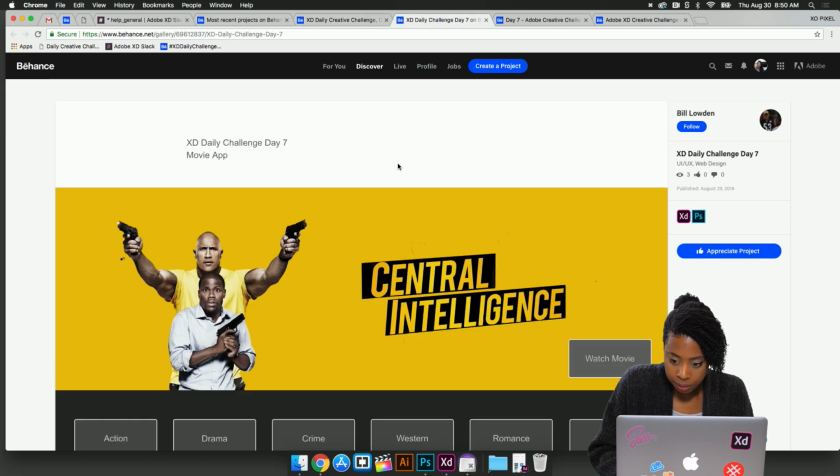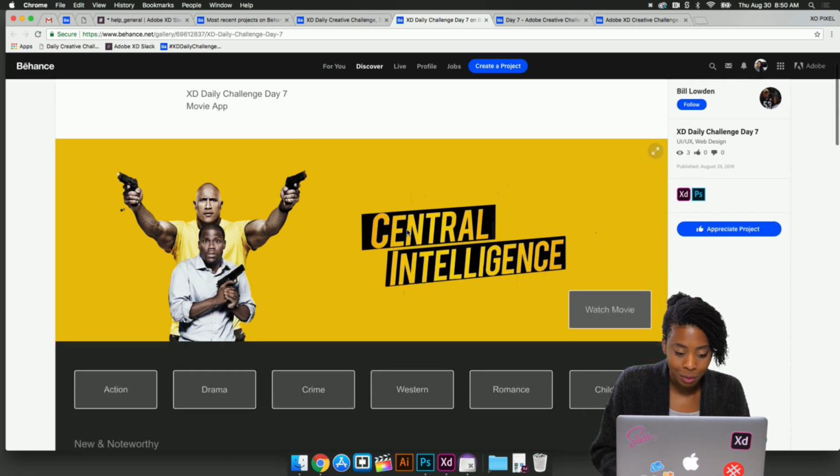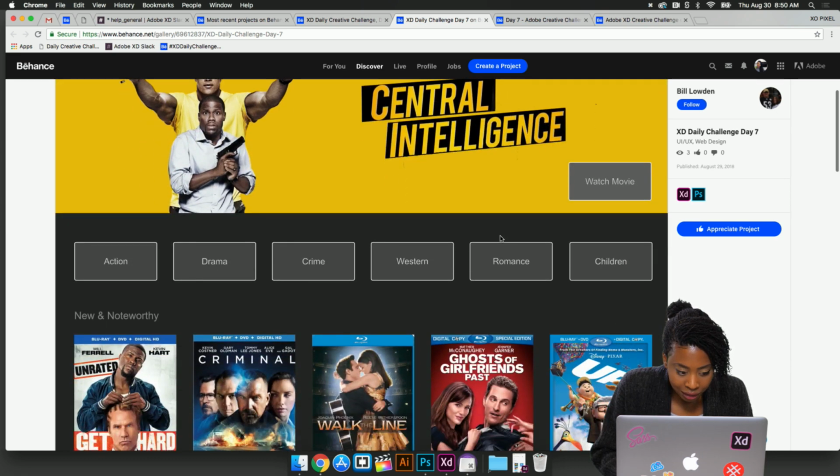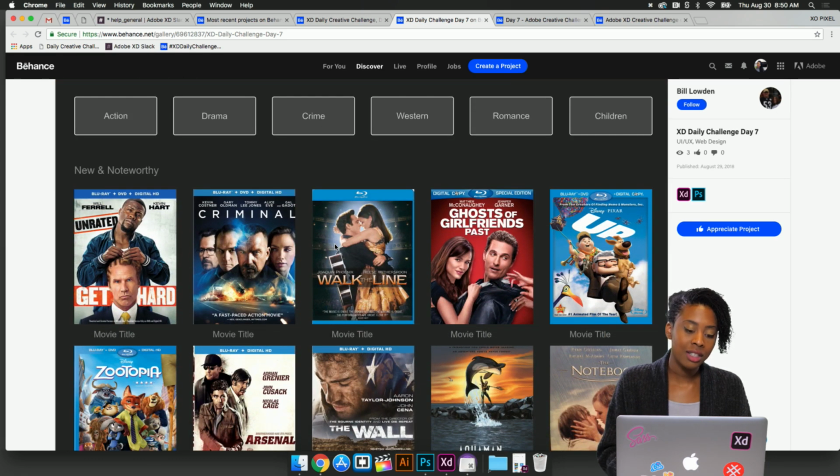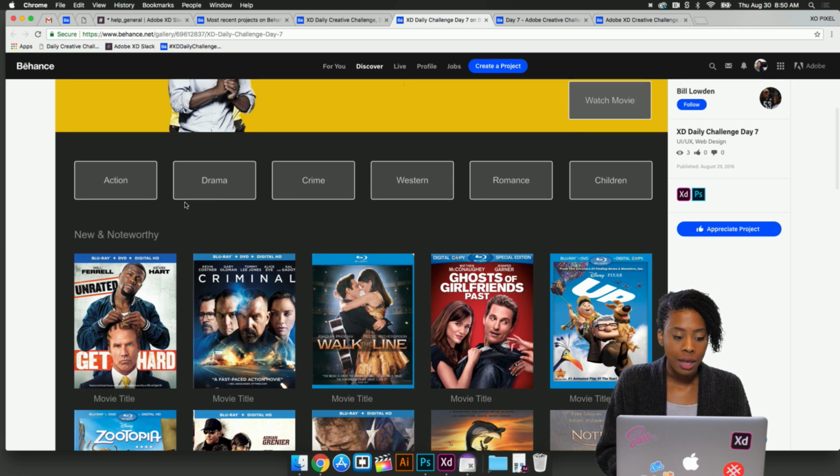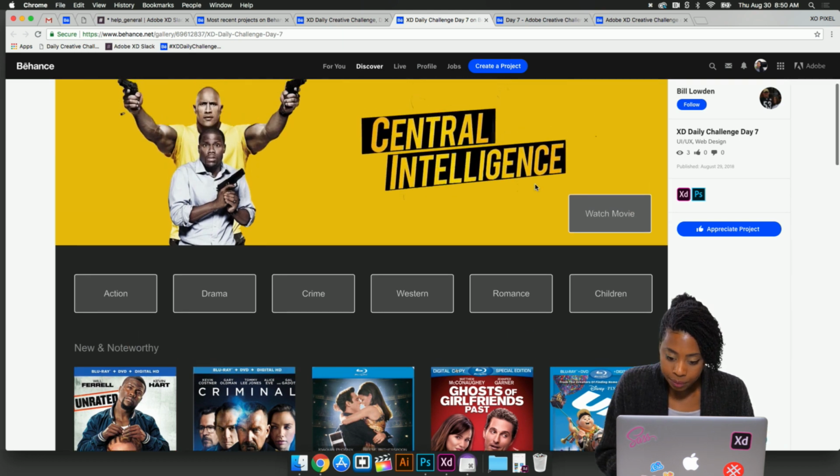Okay, let's see another one. So this is by Bill. And he featured the movie Central Intelligence, and I watched that on the weekend. It's a very funny movie. Okay. So again, this is really nice, but for the movie genre area, adding color to it would be a really great addition to this UI.